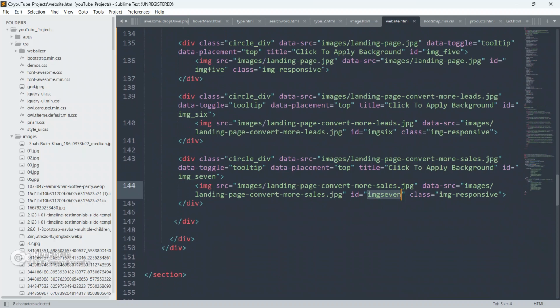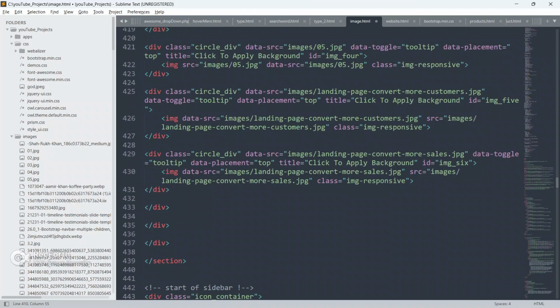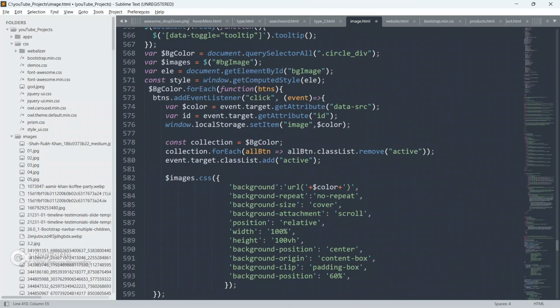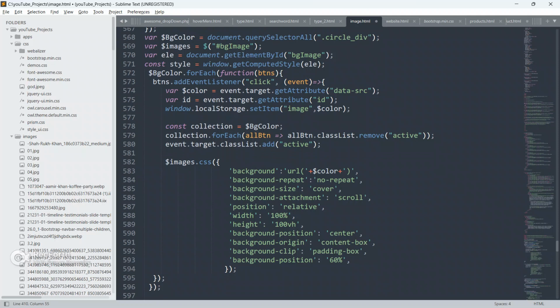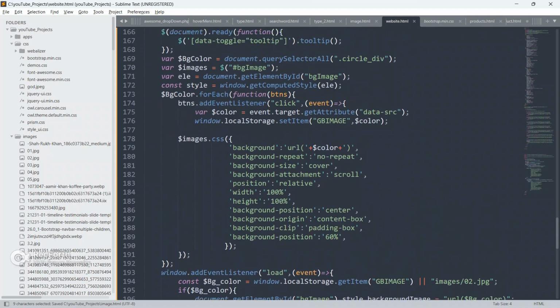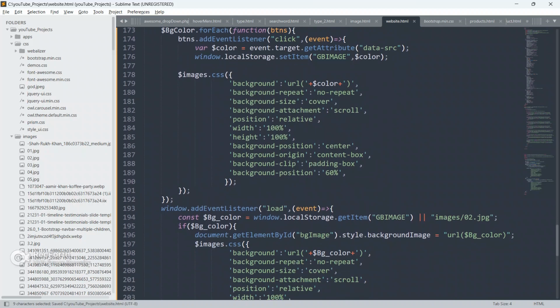Class img responsive, img 7, img 6. We have got no issue, guys, still we are not able to see the image.